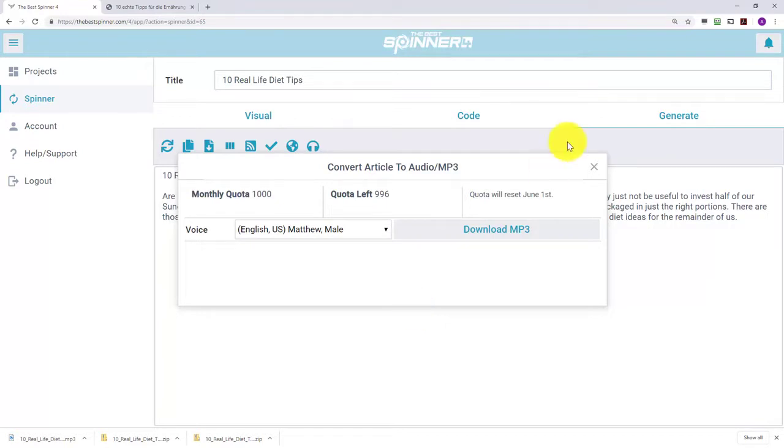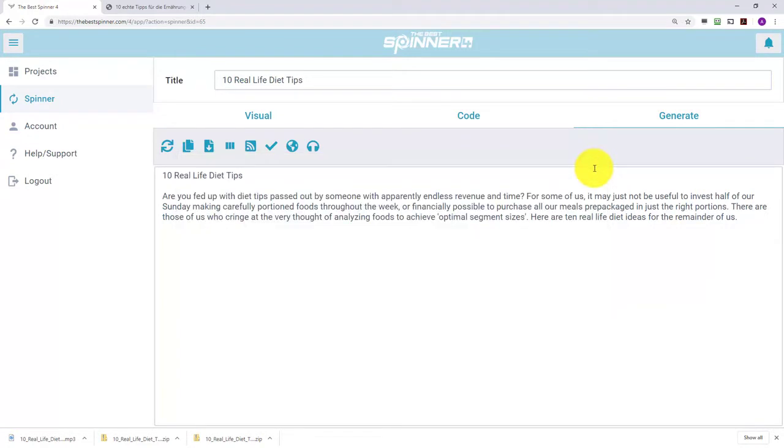10 real-life diet tips. Are you fed up with diet tips passed out by someone with apparently endless revenue and time? For some of us, it may just not be useful to invest half of our Sunday making carefully portioned